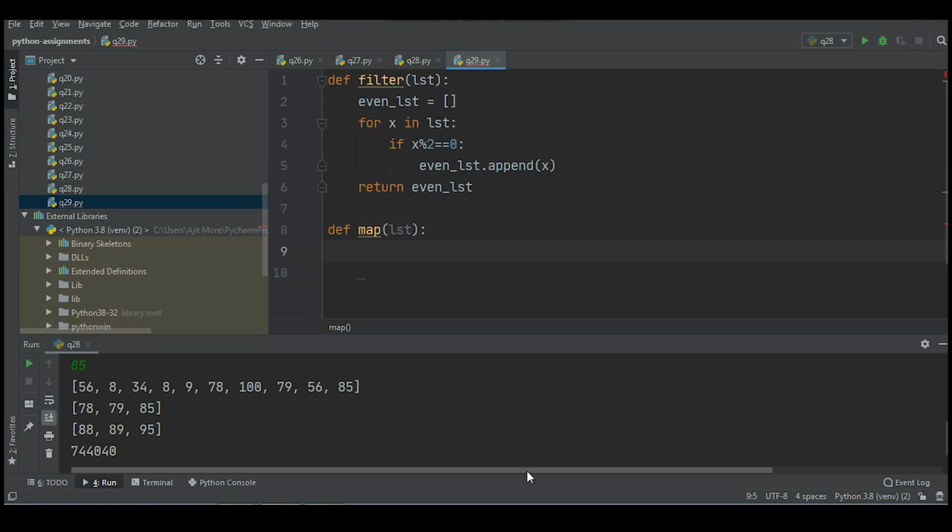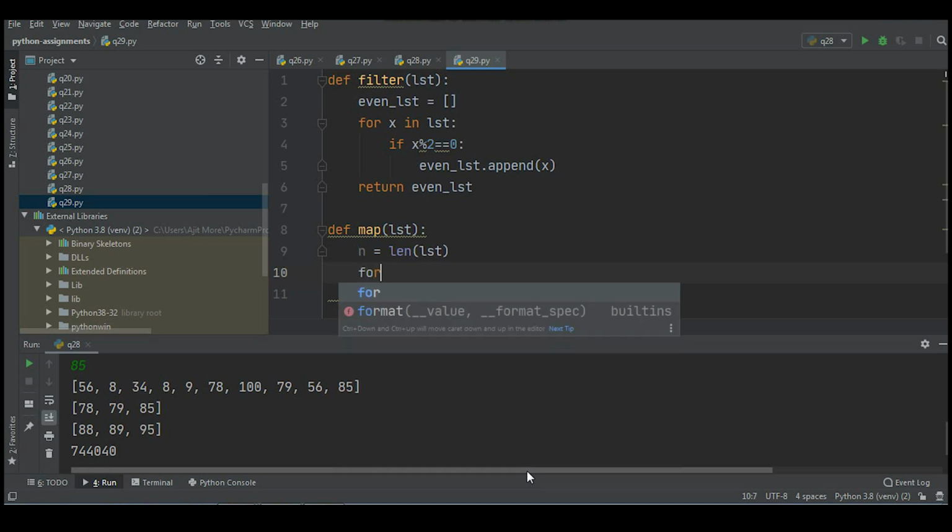To that I'm going to pass one filtered list, and I have to replace each element by its square, that is, multiplying it by itself and storing the value at the same place. Now we'll traverse it, but this traversal is to be done on an index basis because we want to modify the elements in the list at that particular position. First, I'll find out the number of elements in the list, and we do that by using the function len. len is not a method, it is a function.